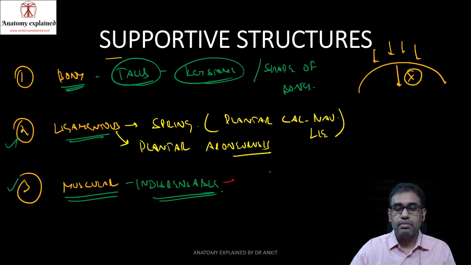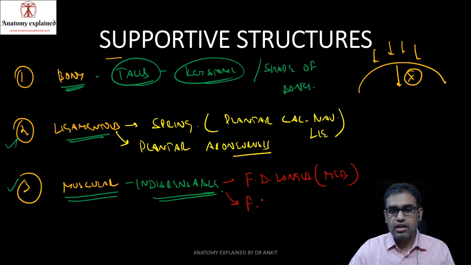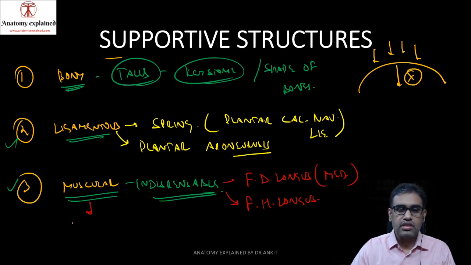About the muscular support, the main muscular supports are the tendons of the flexor digitorum longus, which is coming from the posterior compartment of the leg, its medial part, and same or more important than that will be the tendon of flexor hallucis longus, which is again coming from the posterior compartment of the leg. These are two main tendons. Apart from these two tendons, we have other smaller muscles also, which are the muscles of the sole of foot, which are obviously on the medial side, that is towards the great toe. So we call them abductor hallucis muscle. Then we have the medial half of the flexor digitorum brevis muscle.